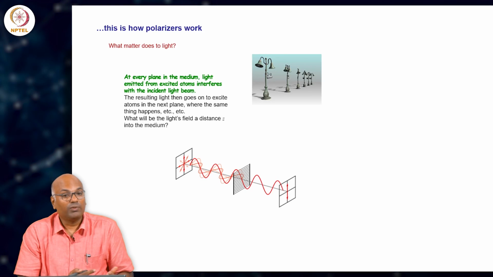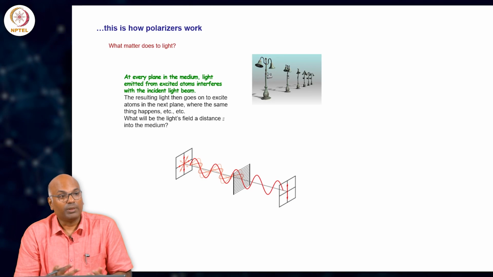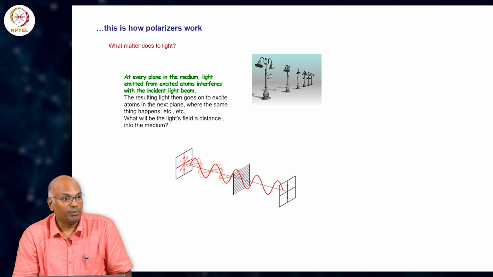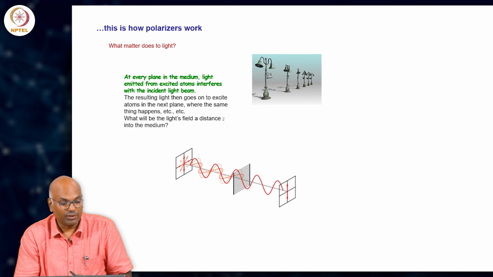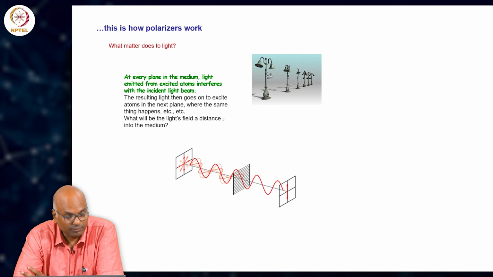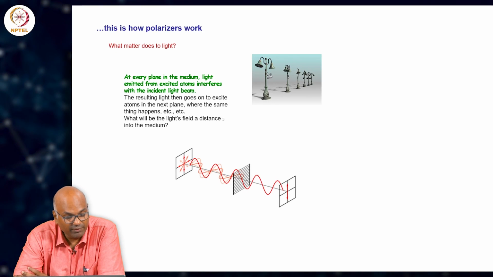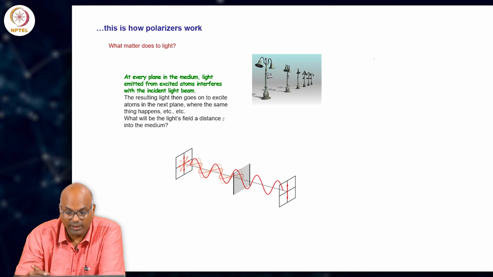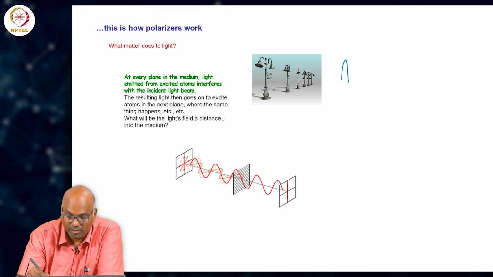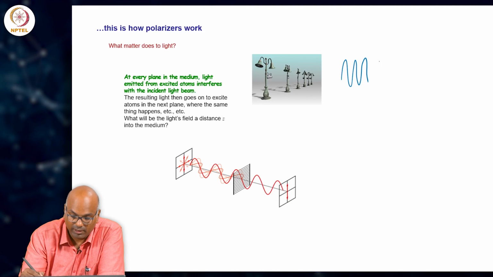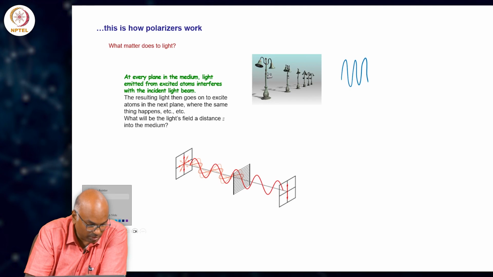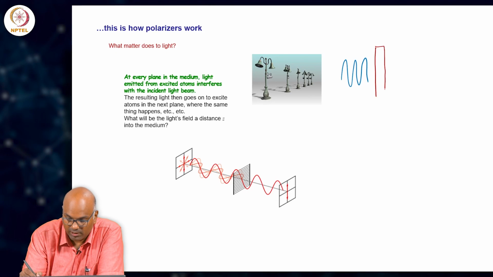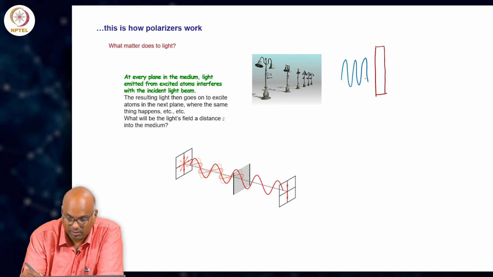The amplitude of the emitted wave can be different from that of the exciting wave, if you wish, the incident wave. The resulting wave then goes on to excite the atoms in the next plane. So, the idea is in a way simple. The light wave is incident on a material medium whose first slice we take,